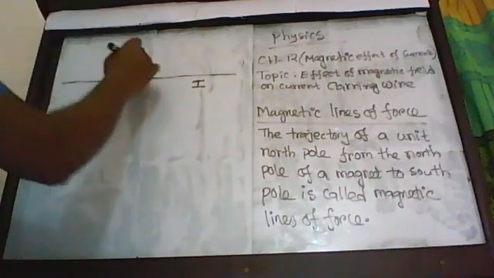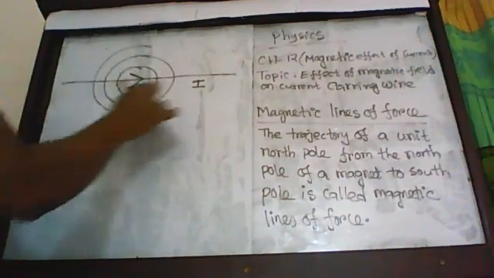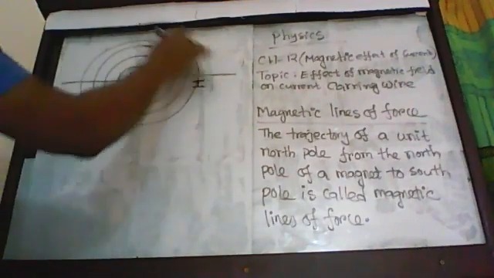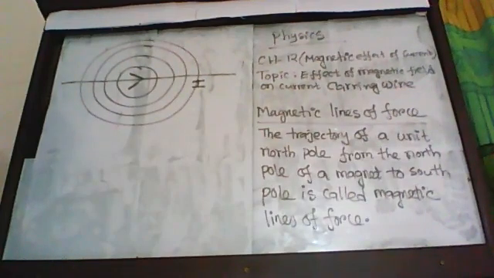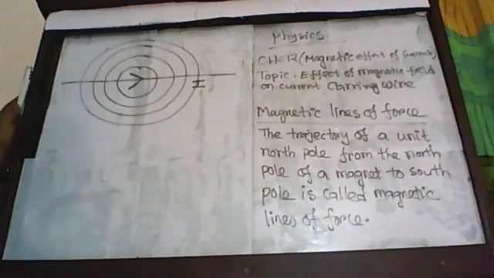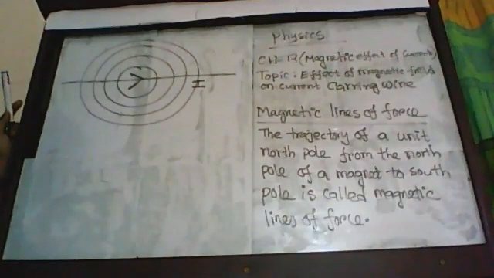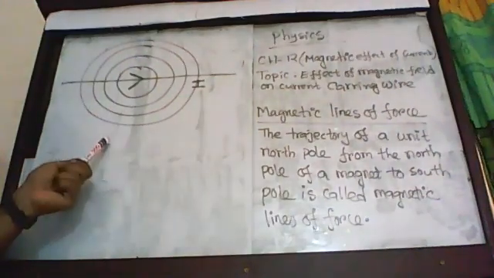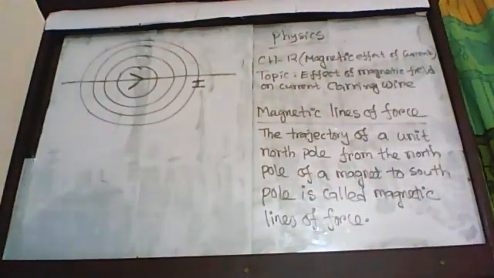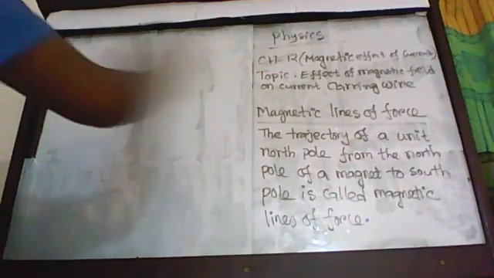This magnetic field is produced around this electric wire, the current carrying wire. Because of the current flow, this electric wire can also produce its own magnetic field. Now, if I want to find out the direction of this produced magnetic field,